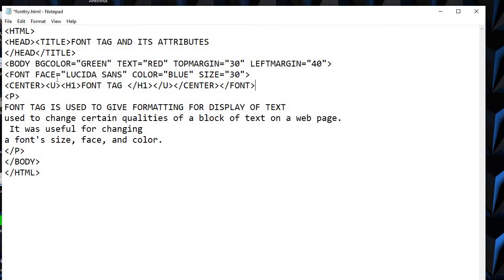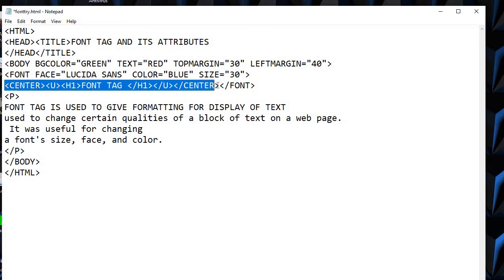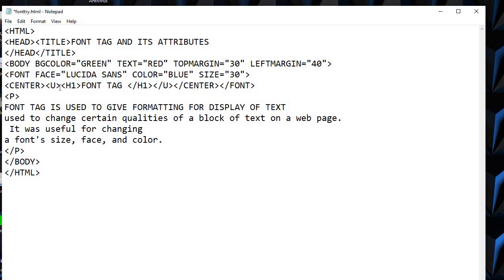Which means these three things, Lucida Sans, blue and 30, will be applied only to the line which is between font and slash font, which is this line. Anything before this or anything after font and slash font, these three things do not apply. Right now font is applicable only to H1. That means this heading will come in Lucida Sans, color will be blue and size 30.